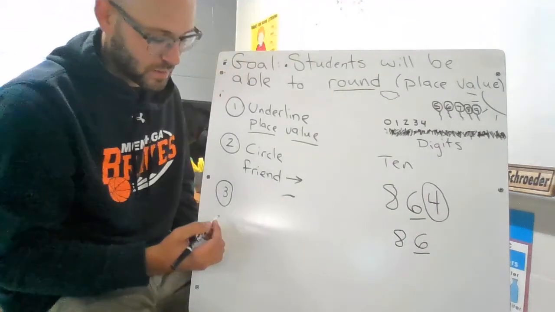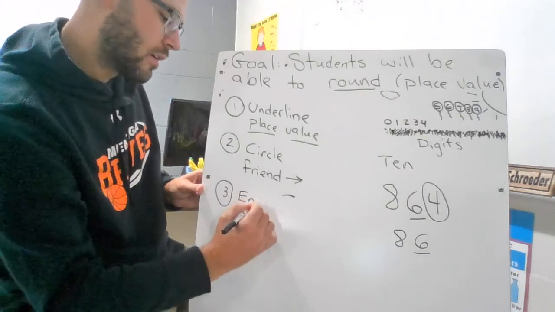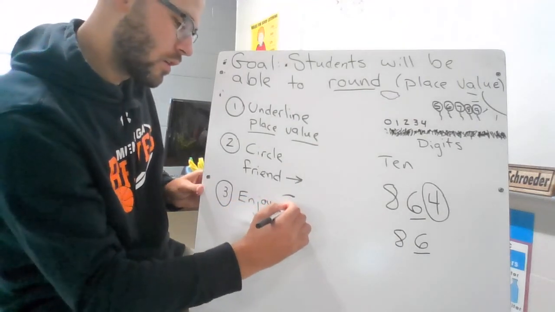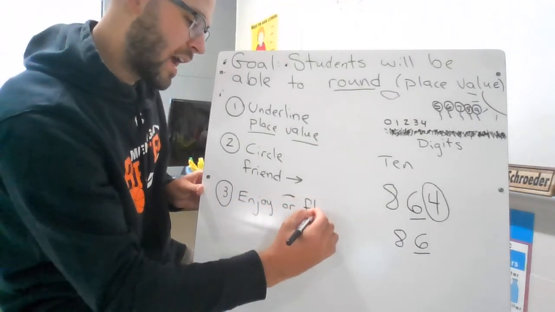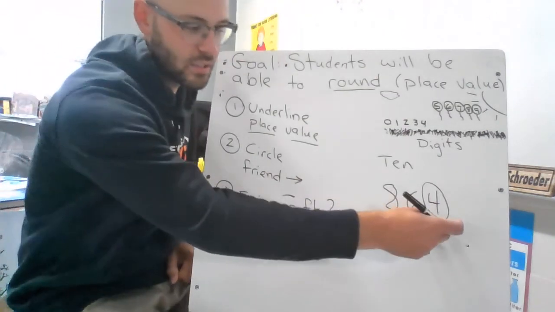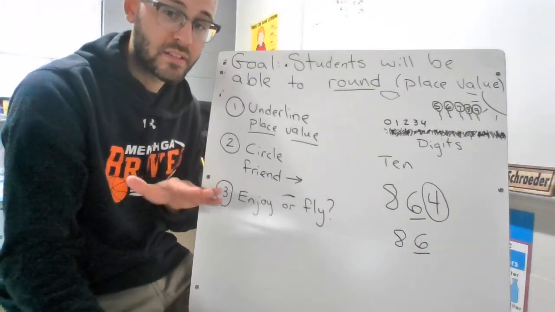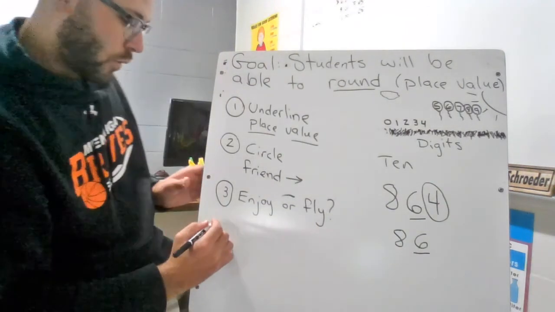And that brings me to writing down this one first. Enjoy or fly is what I say for step 3. You have to ask yourself, does the circled friend enjoy its day or fly away? And since these two are hanging out, the 4 told the 6 to just enjoy your day. Stay the same. Now, step 4